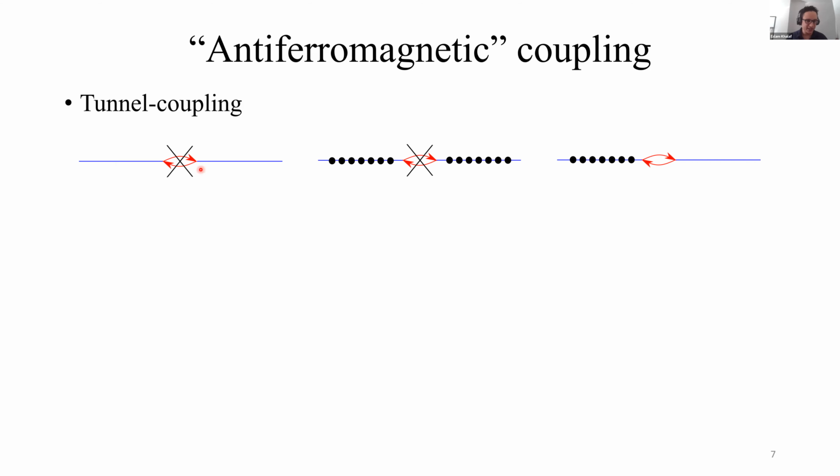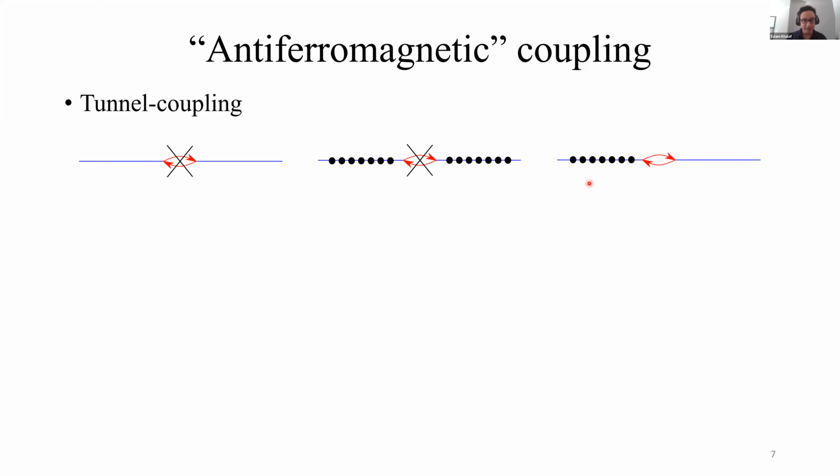In the other case, it connects to full bands. Also, it doesn't have any effect because the electrons cannot tunnel. They have no place to tunnel. So it would only be relevant, or it will be maximized, if I have a band that's completely full that's connected to a band that's completely empty.